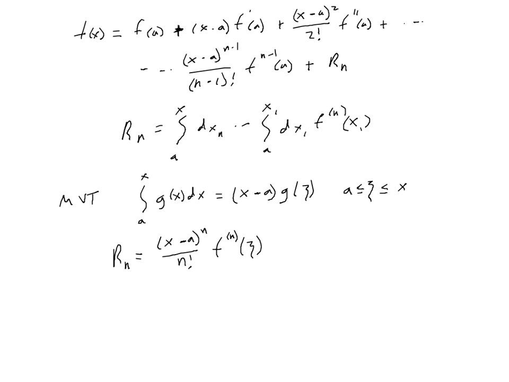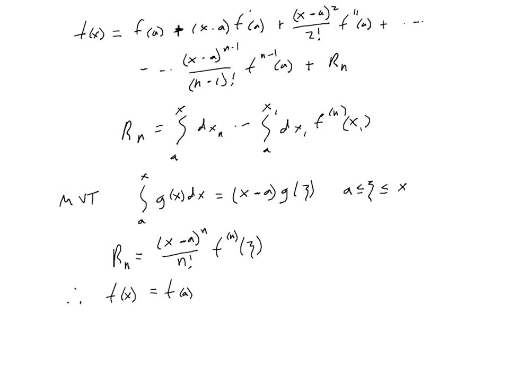Because once you have this mean value, it's just a matter of multiplying it by x minus a, and you're doing it n times, so that's why you get these factors involved. And also this looks a lot like it fits into the pattern here. So therefore, we get what we know of as the Taylor expansion,